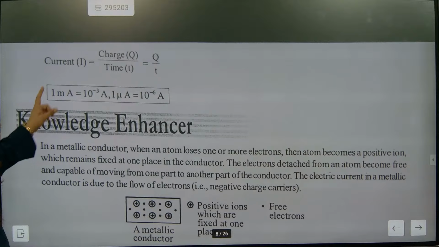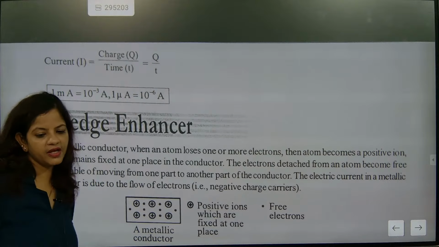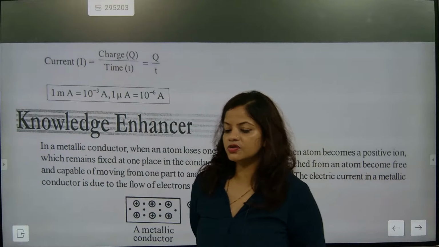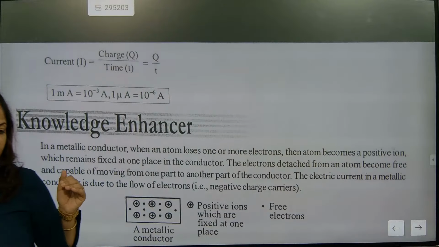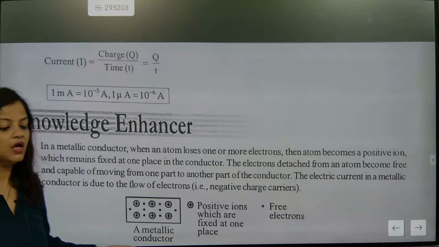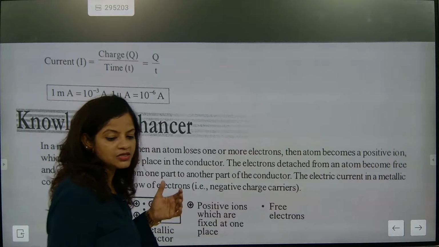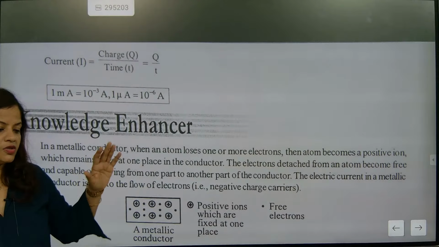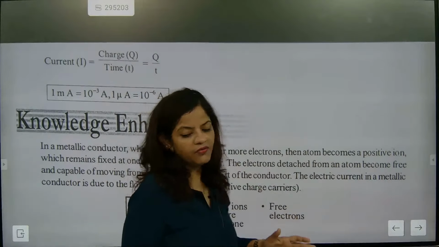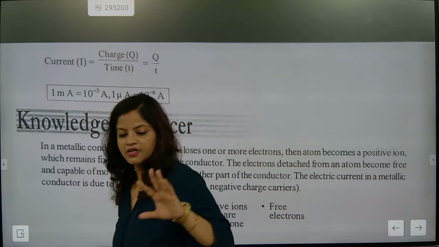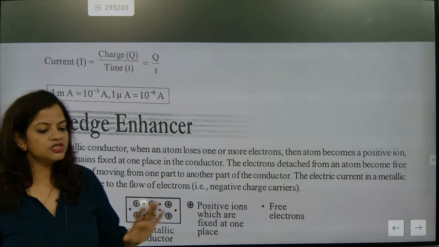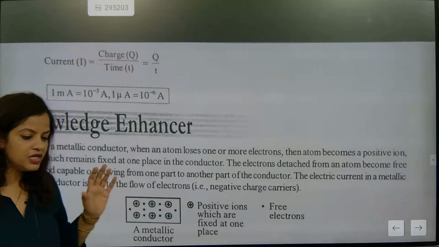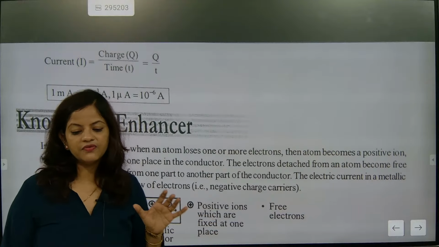Now please note down, the current formula is amount of charge by time. Very good, Jotam. Everyone, please kindly be on the league, answering the questions. If you have any question, ask the question also. Because physics we are going to do in a very, very slow manner. I am not at all in that mood where I can jump through physics and say that the chapter is over, because chapter over means everything should be pakka, the reading part must be there. So each section of physics I'm going to explain with much clarity.